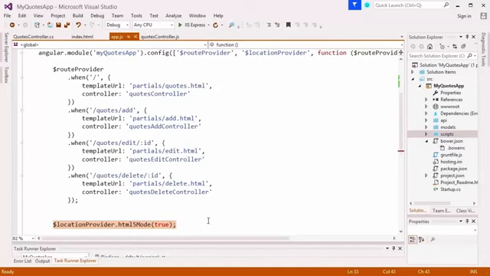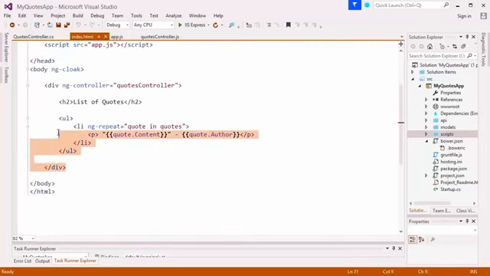Now, we're looking at the route provider. We have these routes set up here, but if I were to go to index.html, you can see that we're not actually making use of those routes right now. Instead, when this application is loaded, it's always going to use quotes controller. It's always going to look for the quotes scope variable on that controller and then just output a list of